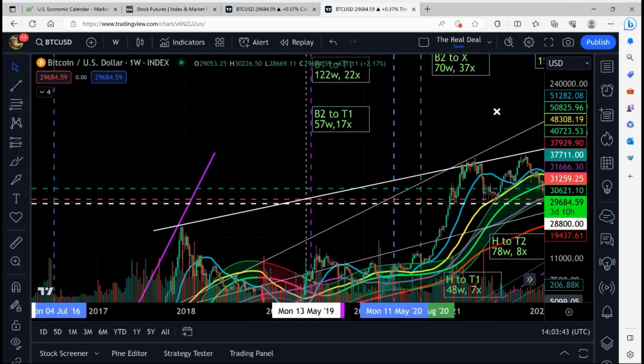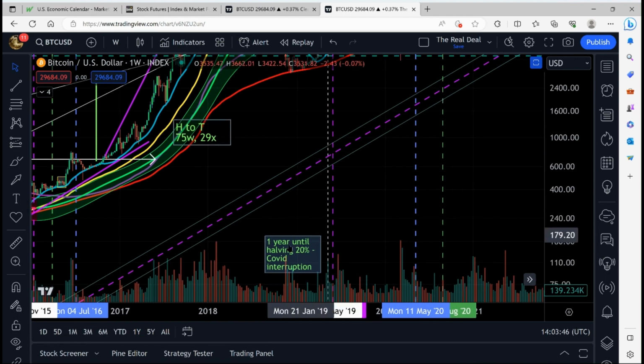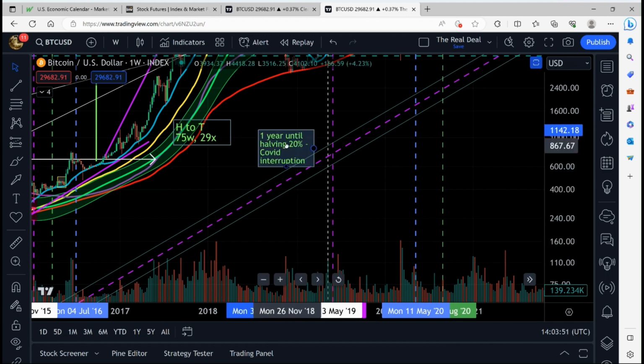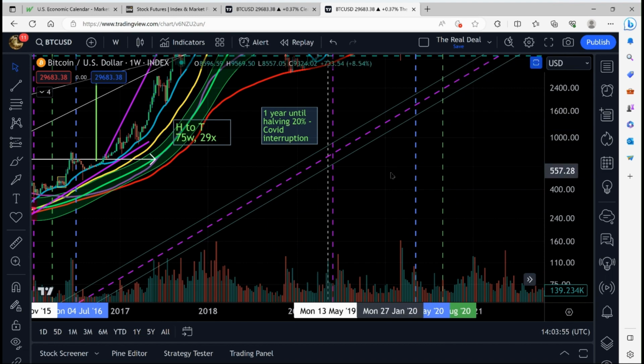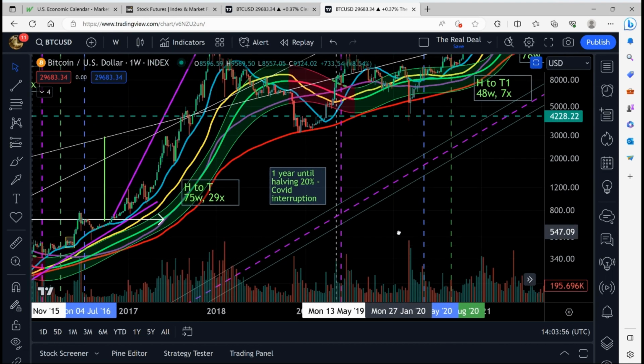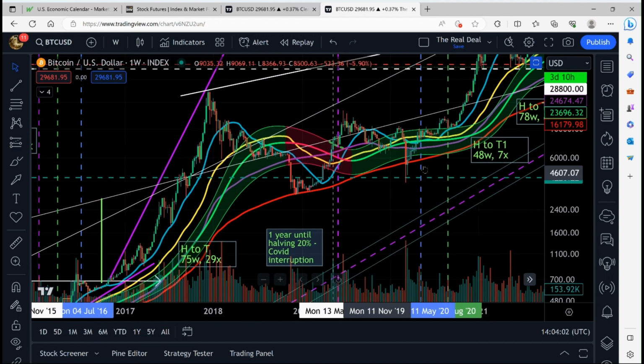Oh, there's my box. Wait, no, maybe it's down here. When we came up, it was 1 year until that. Let's move this guy up a little bit. Find him. 1 year until the halving, and we only had a 20% increase over that time period, but we had the COVID interruption, and then, as